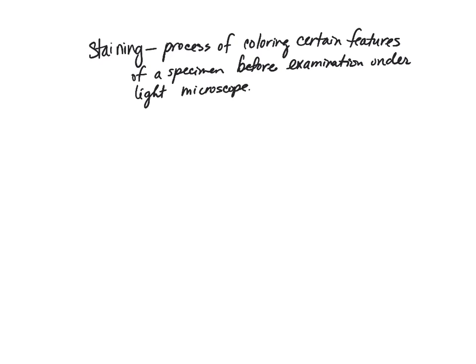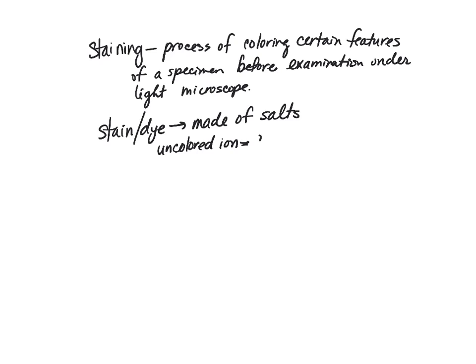So then our stains or our dyes are made up of certain types of salts. So a stain or a dye is made up of salts. And then there are typically two different types of salts in a particular stain or a dye. There's the ion that's going to color something, and then there's the uncolored ion. So the uncolored ion is called the counter ion, and then the colored ion